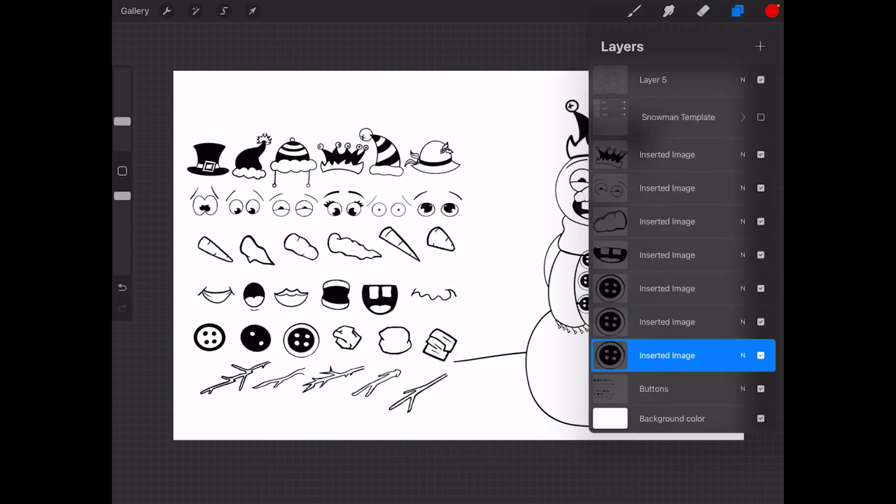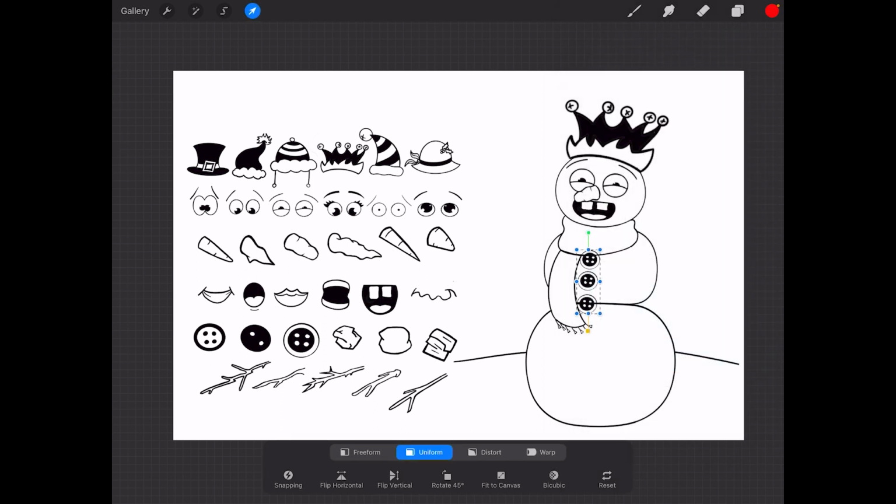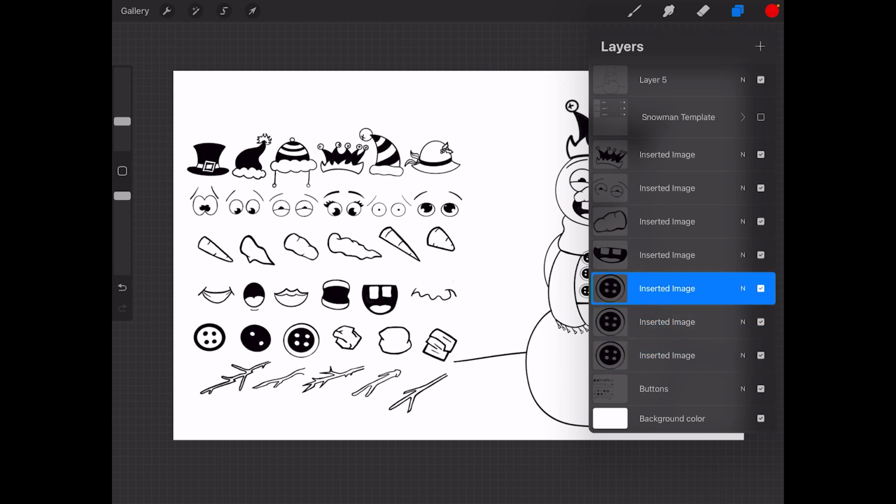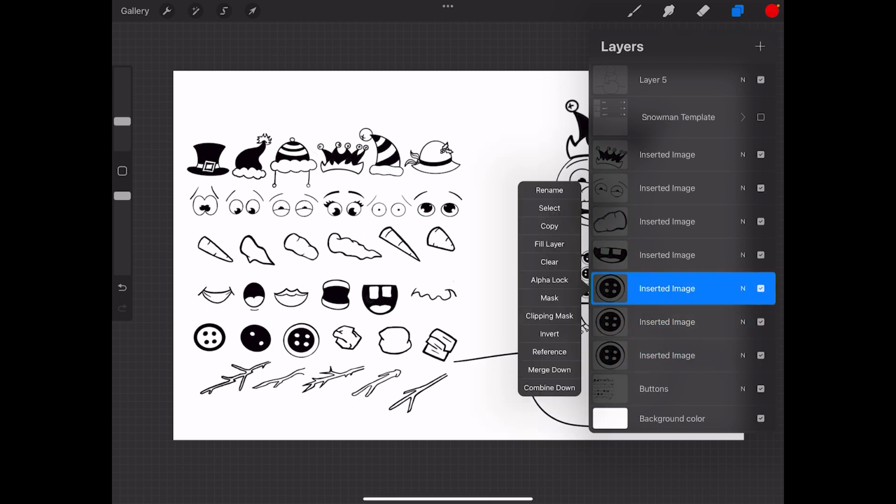I'm going to go back to my layers. I'm going to drag to the left with one of them selected, and now all 3 are highlighted. Now when I click my selection, all 3 will be highlighted. Now I can scale them all down together to make sure they all fit in that torso nicely. Then I'm going to take them and tap it and merge down,